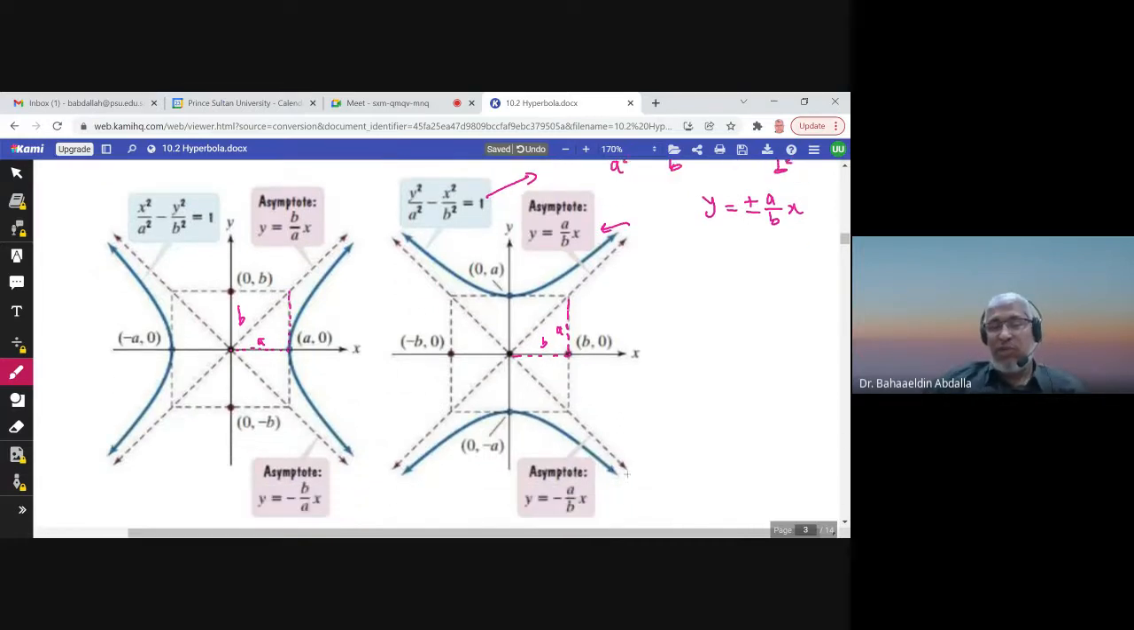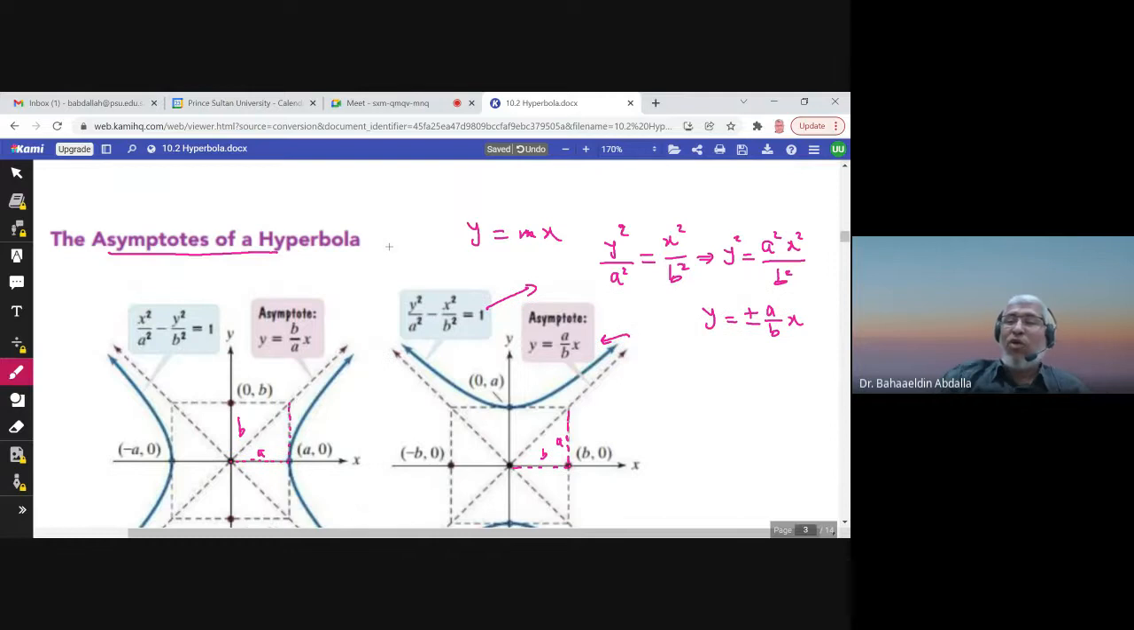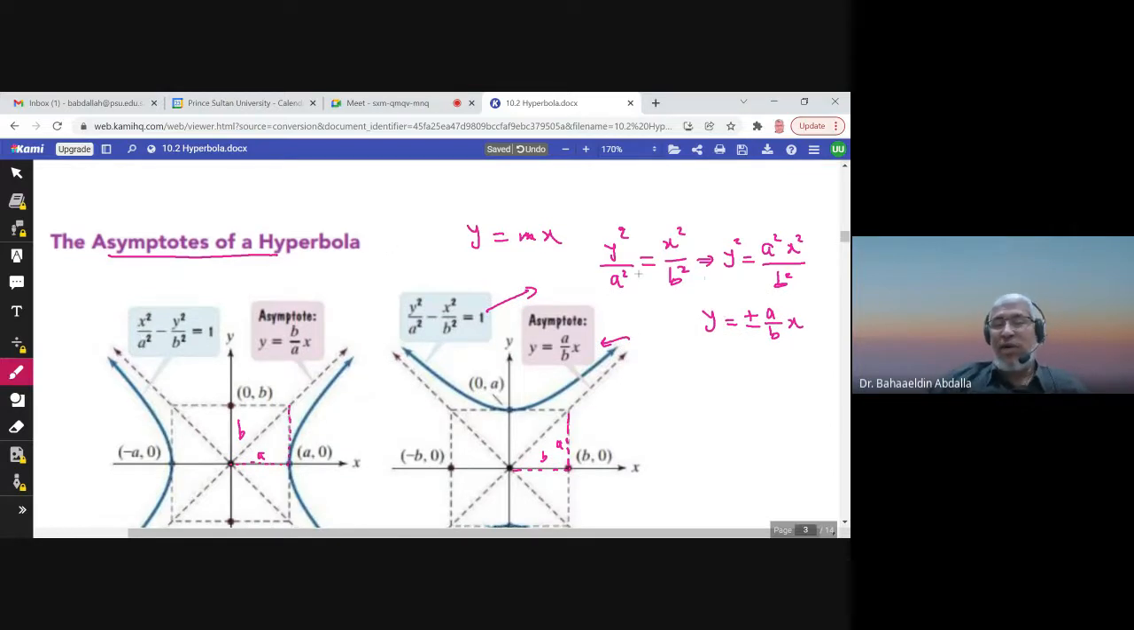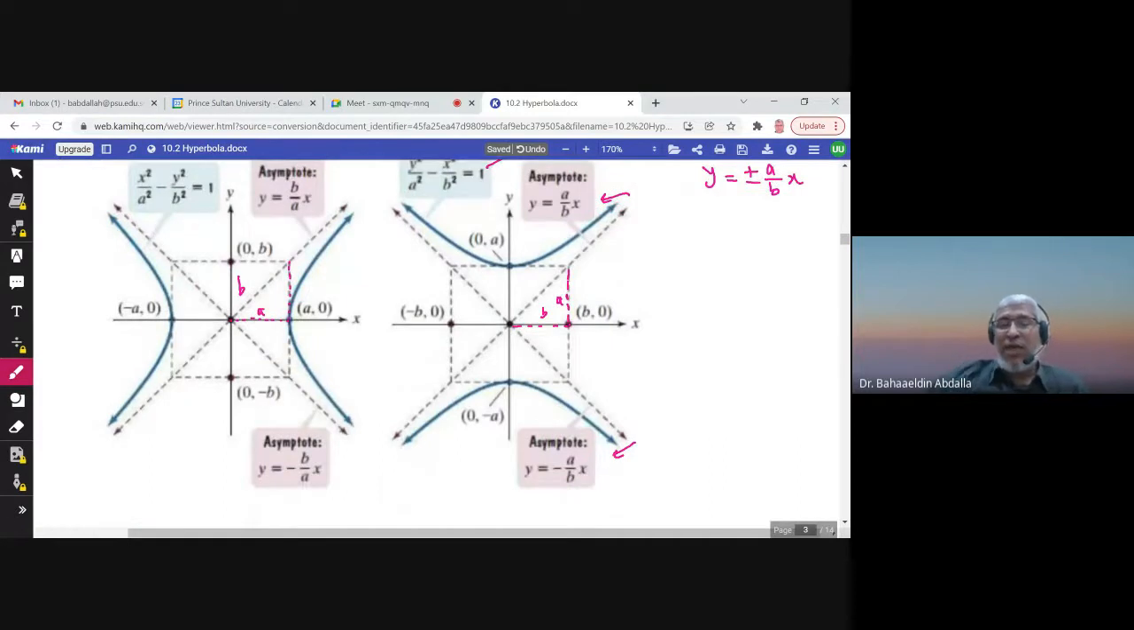So do whatever you like. Either divide what is beneath y by what is beneath x, the square root of course, or replace 1 by 0 and solve for y. By this you will get the equations of the asymptotes. And now you can see b here is the distance from here to here. Okay, so this fundamental rectangle,